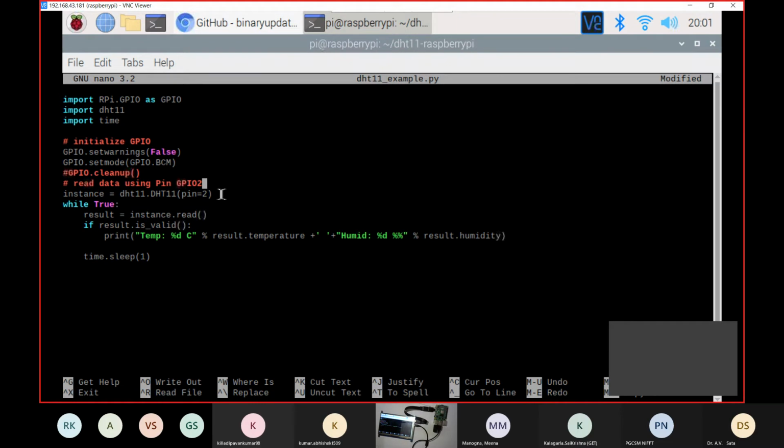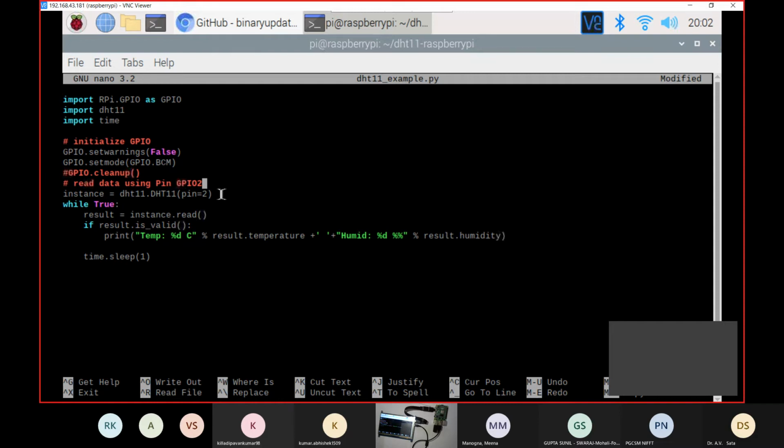If result is valid, it will print the data. So it is pretty simple. When we are using Python, we'll have to define what we want to do. If we want to do any function such as summation, we will not have to define that there is a variable called a which has value such as 2, there is a variable called b which has a data 3, and there is variable c equals to a plus b, and then print the data.